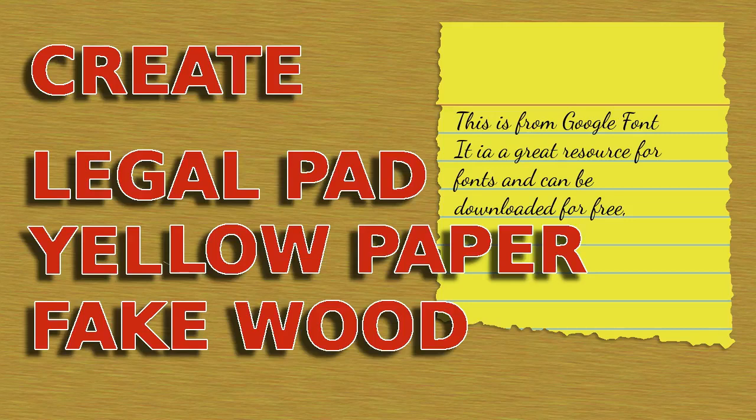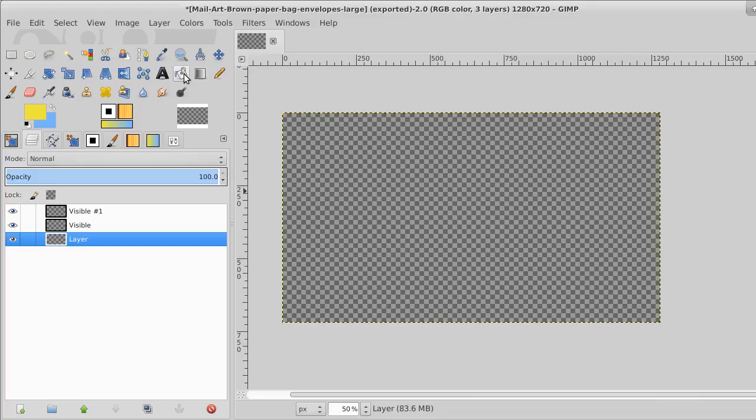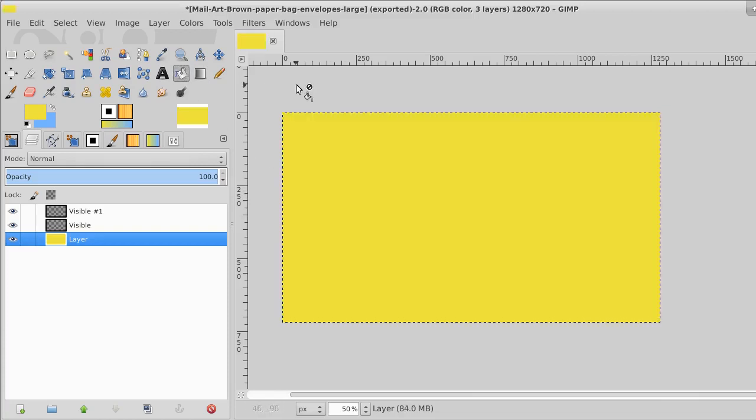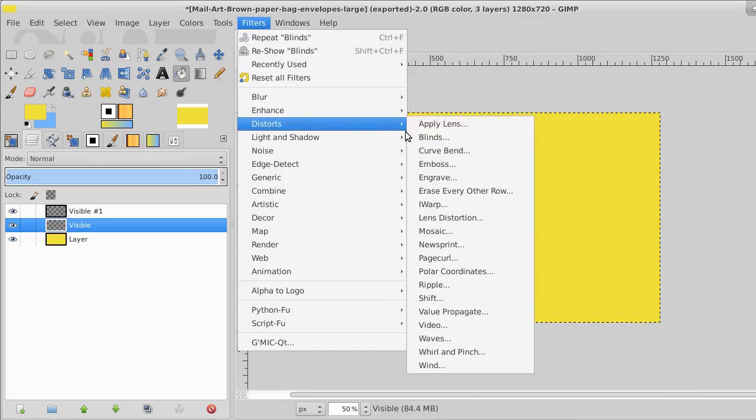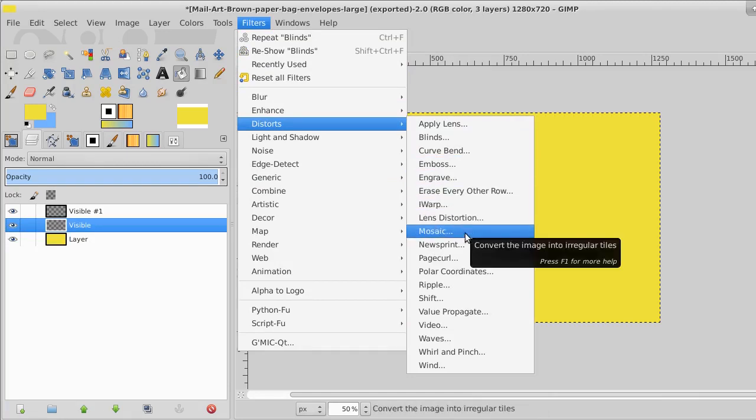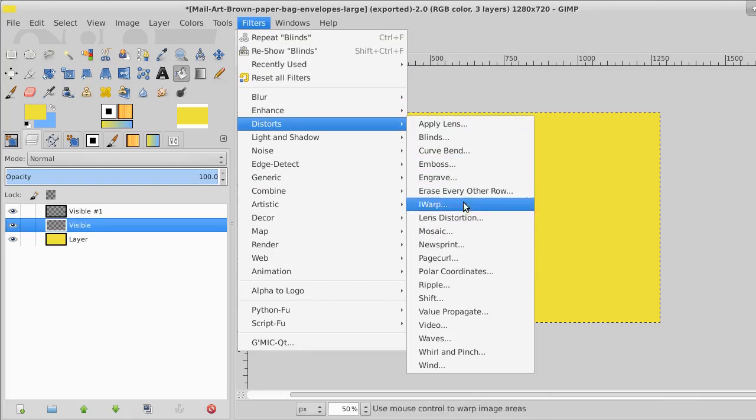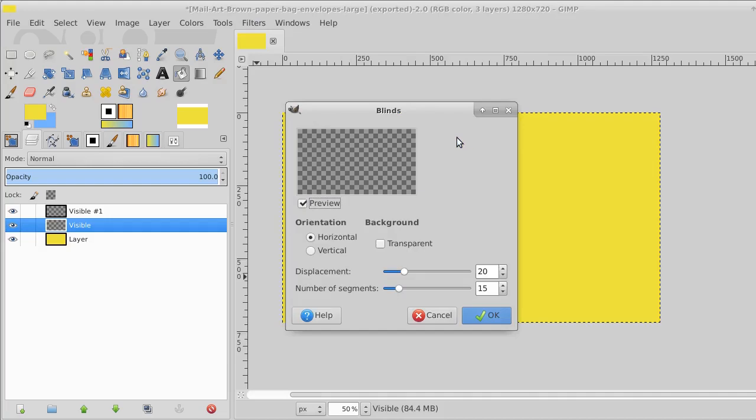I need some yellow paper for my next video, and I thought I would show you how I could make legal paper that I could use in my video. Here's the color I'm going to use for the legal paper, and I go to filters. We'll go to filters, we'll drop down to distorts, we'll go to blinds,